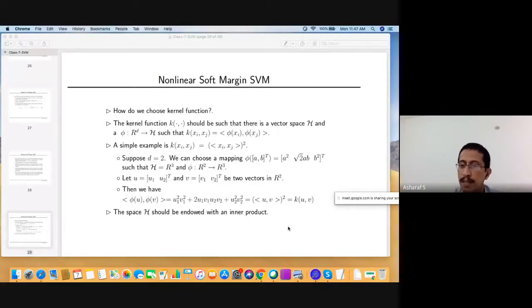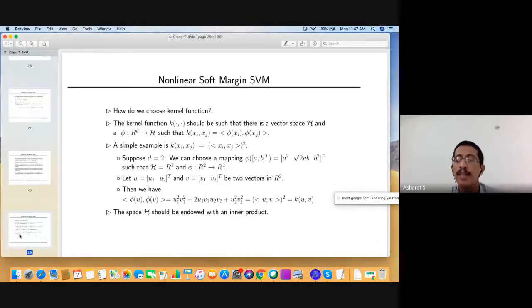Then, when you give U and V, you can just compute (U dot V) squared without doing this explicit transformation, without computing this. You get the dot product. So the dot product of phi of U and phi of V will be (U dot V) the whole square, which is the function. You get the corresponding dot product computation in the transform space. That's a simple illustration, and this is an example of a type of kernels called